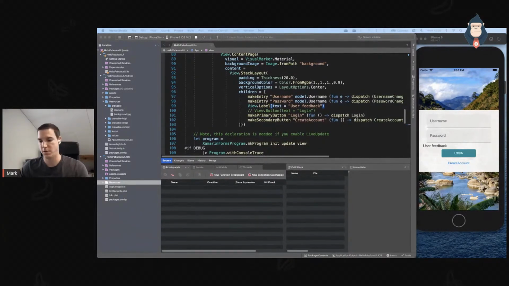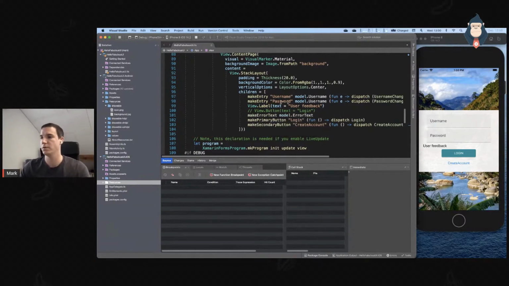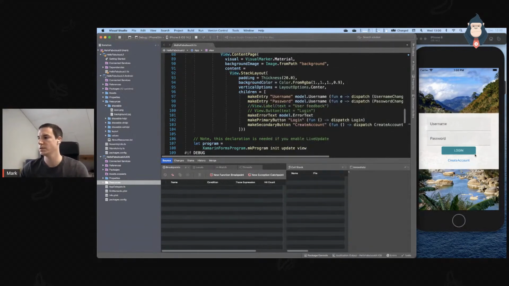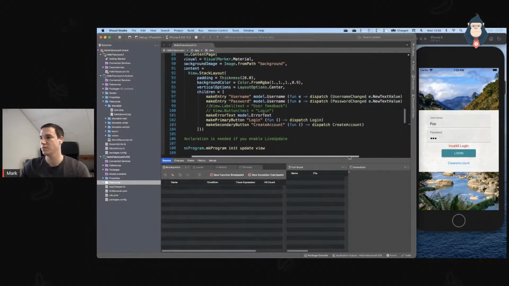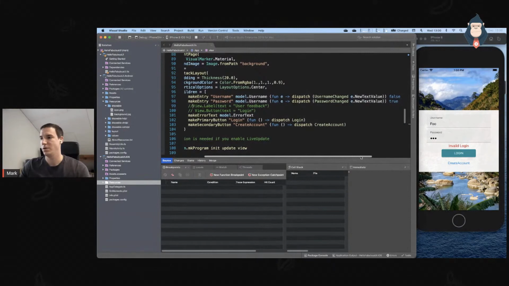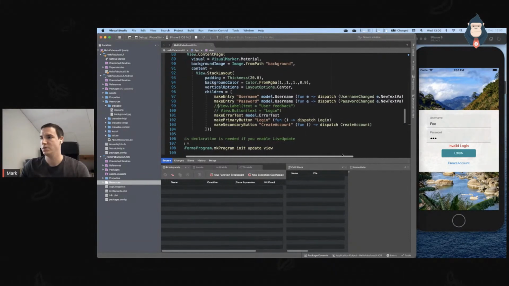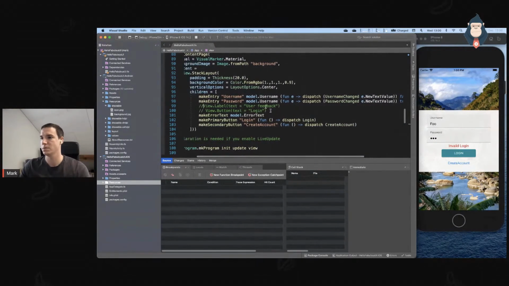And now if I copy this over, the make error text, in the model, I've got the error text, this model I've shown you before, and if I now save this, it will be now regenerated. And I'll just quickly remove this form here because we no longer really need it. And if I now go ahead and enter foo and try to log in, we'll see something is wrong. And what I also saw is someone actually made a copy and paste error while using this.